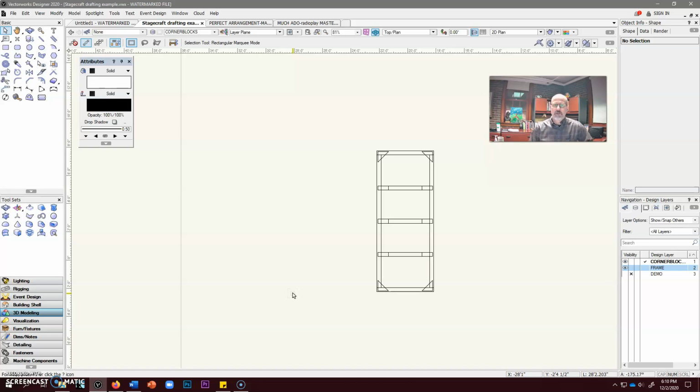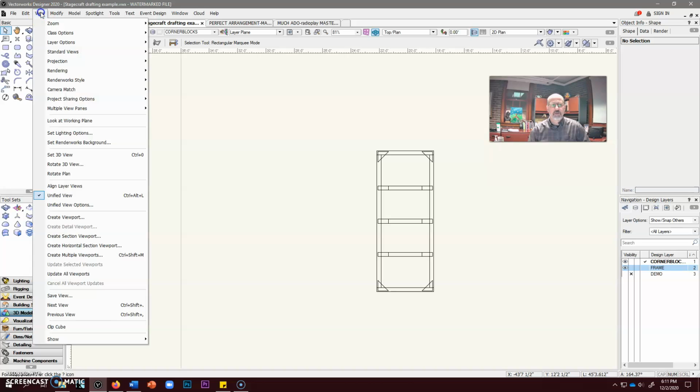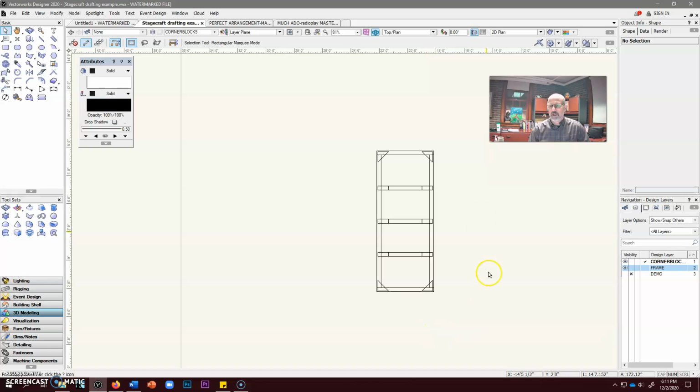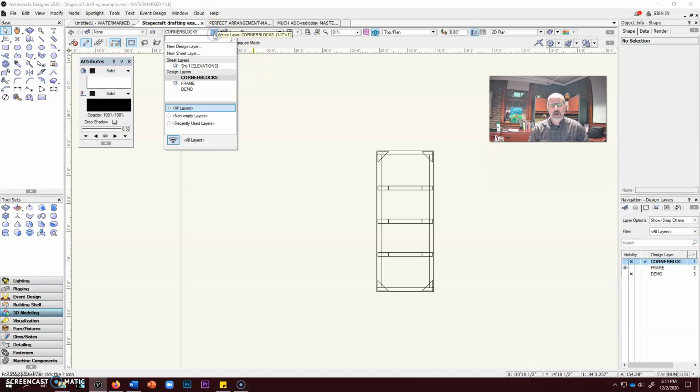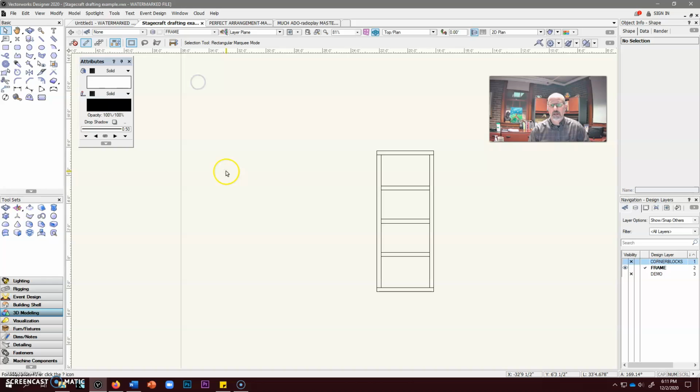The viewport that we took, you'll recall that we pulled down from the view menu to create a viewport. The viewport that we created only takes a picture of what it sees. And so if I were to go down here into my navigation palette and turn off the corner blocks, for instance, now I'm still in the corner block layer, so they're still on. I'll move into the frame layer. And if I only wanted a viewport of the frame, then that's what would get taken over into the sheet